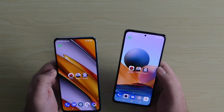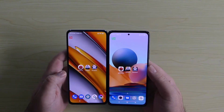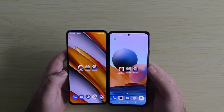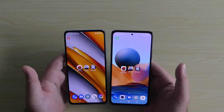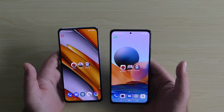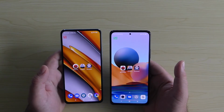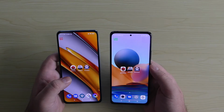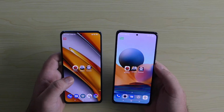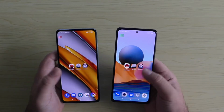Also in the left corner, you can see the refresh rate on both devices. As you can see, Poco F3 is moving between 60 and 120. If nothing is happening, it's probably switching to 60 Hz to save a bit more battery, while Redmi Note 10 Pro just sticks with that 120 Hz most of the time, so it doesn't move